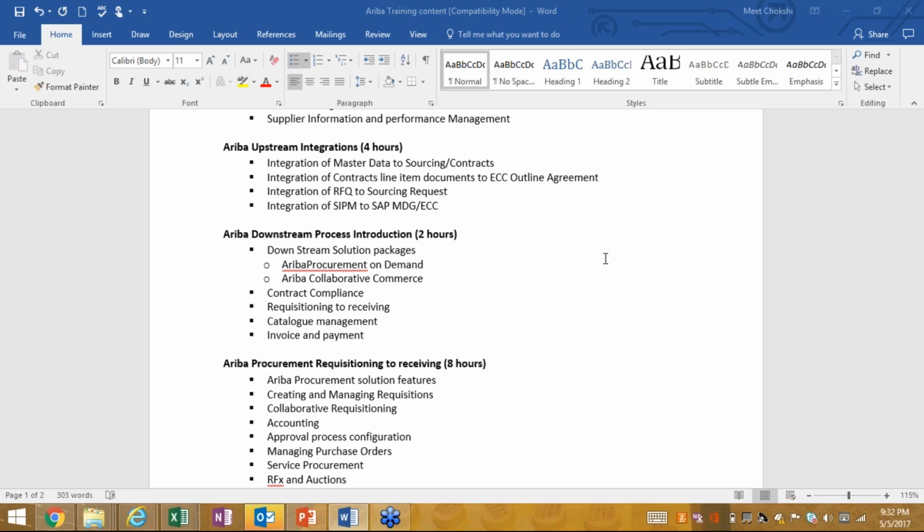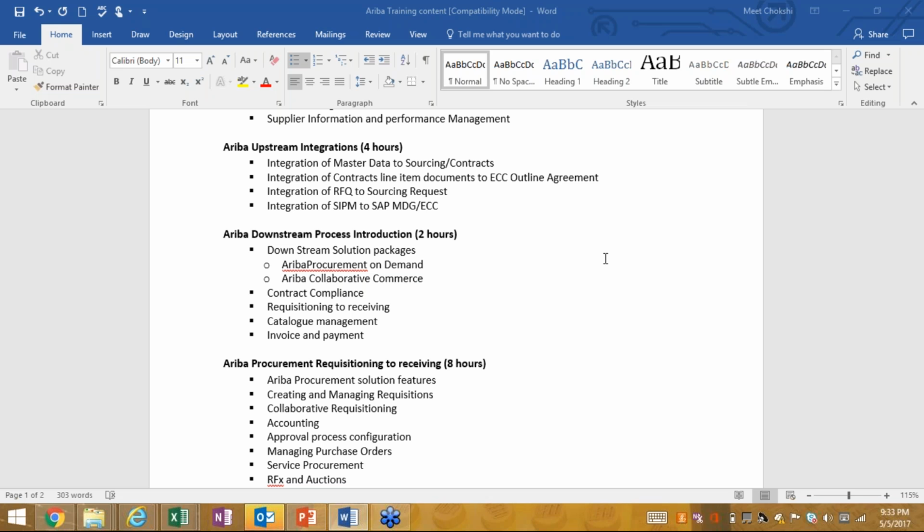They may need some cataloging, but then don't need to create requisitions. It depends. It's a very generic question right now, because they may want to cover only direct materials within S4 HANA and source all indirect materials in Ariba. That may be the use case. I have seen customers using all three systems right now.